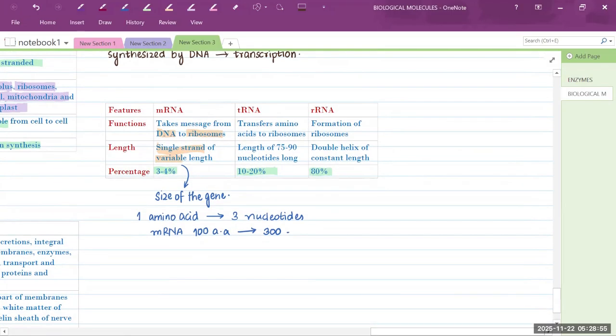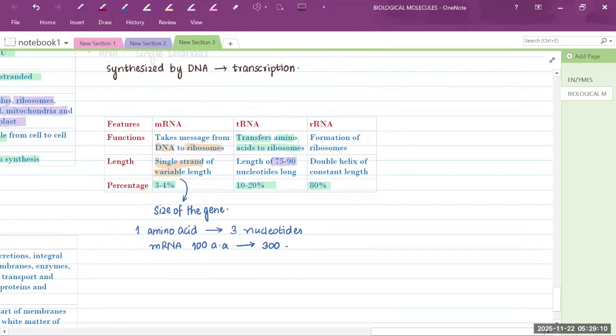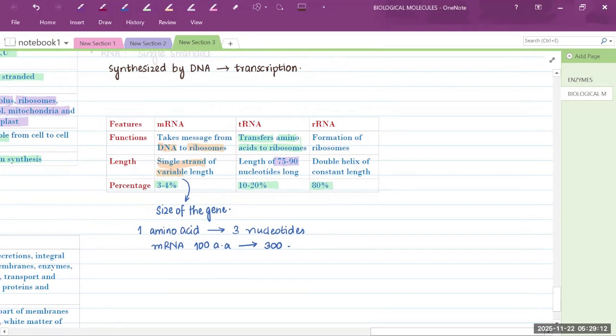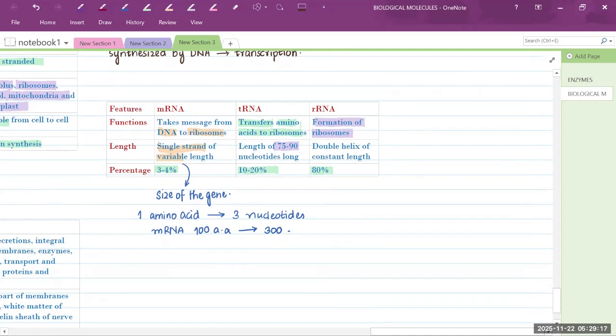What is the function of tRNA? It transfers amino acids to ribosomes during the process of translation. Its length is very important. I'll highlight it in a different color. Its length is 75 to 90 nucleotides. This is also an MCQ. rRNA is used in the formation of ribosomes, and it is a double helix with constant length. Also remember the percentage, it is 18%